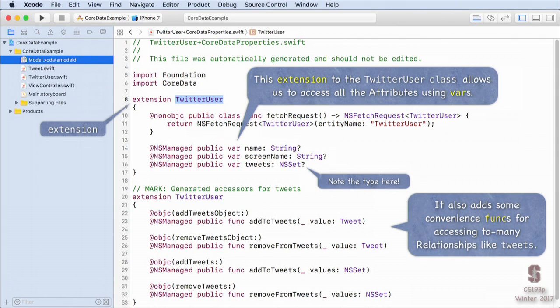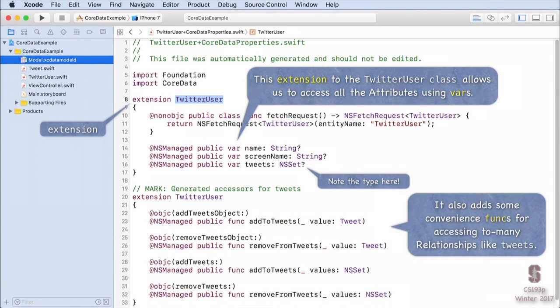So how can I add any tweets to my database here? Well, you use these functions instead. Add to tweets, remove from tweets, add to tweets, remove from tweets. There's a pair for doing a single tweet and then adding a whole bunch of tweets or removing a whole bunch of tweets. So you're definitely going to want those functions for your assignment 5, because you're going to have some relationships where you're going to want to add them using these functions.